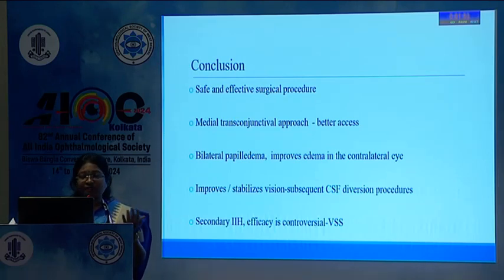Medial transconjunctival is having quite good access, but for bilateral papilledema, it is better to